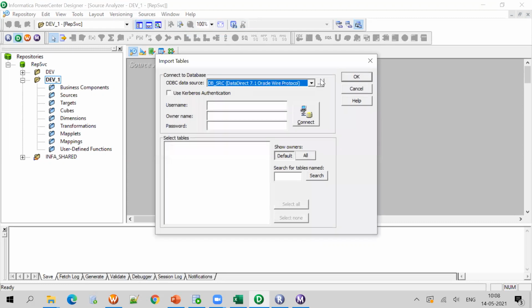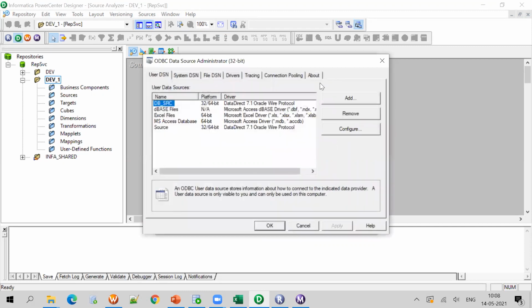I'm creating a table. Before that, we need to create an ODBC connection to read the data. How does Informatica know how to connect to the database? The database is Oracle, right? To connect to the database, we need to create an ODBC data source.